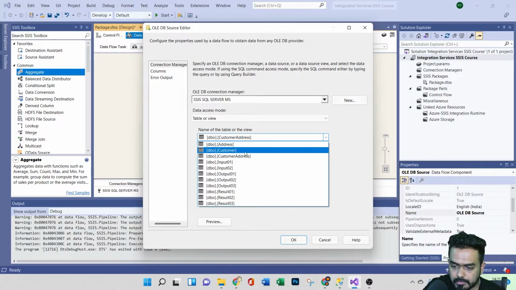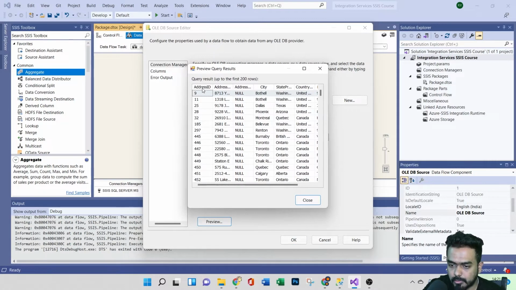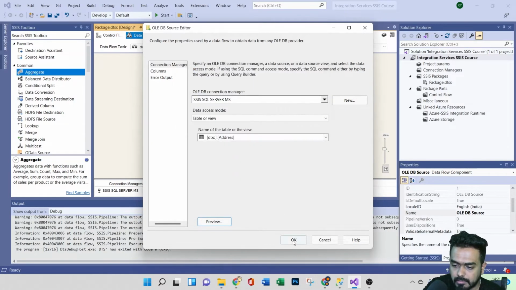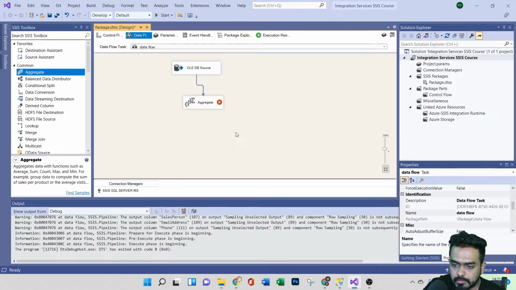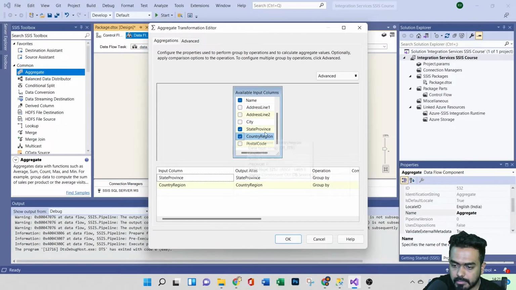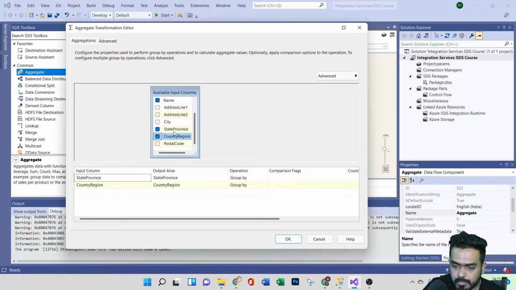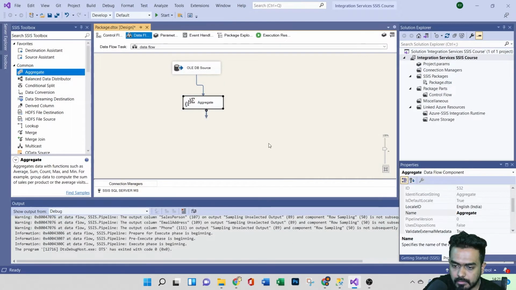We have custom, okay, just address data. Let's preview this dot data, I'm just looking. Okay, address, so I just selected. If I just see in the aggregate, so let's aggregate by state and the column, and count by all. I'll click OK,